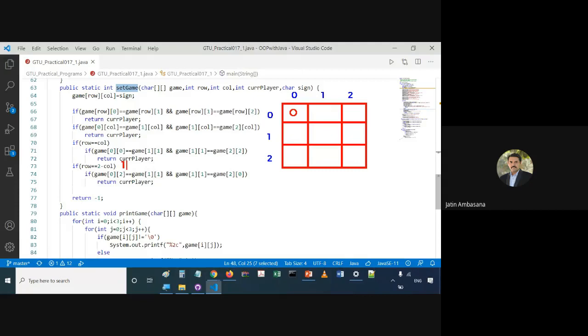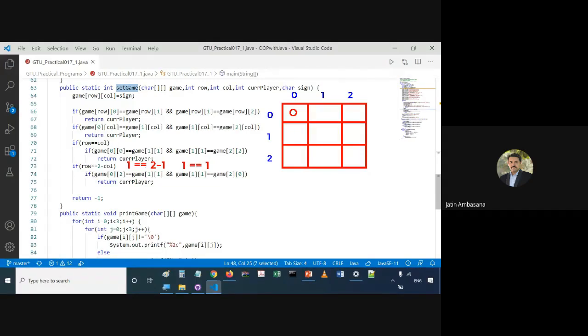Row number is 1, that is this one. Okay. The row number is 1, which is equal to 2 minus the column number given, which is 1. So this row and this column. So this particular location has been given, suppose, right? So you can see this is equivalent to saying 1 equal to 1.